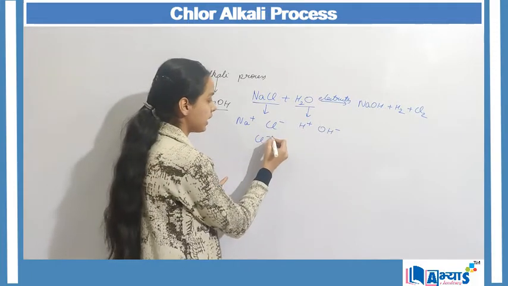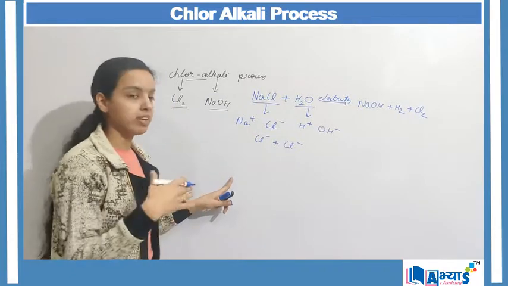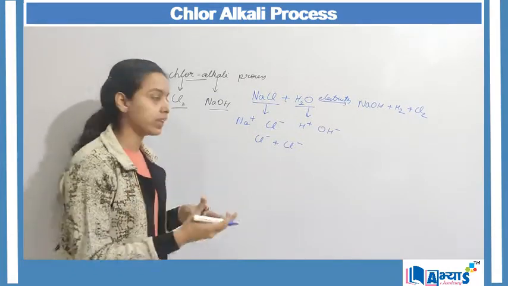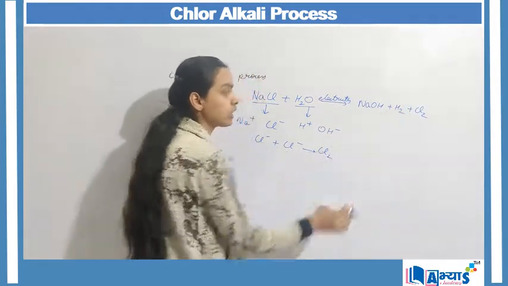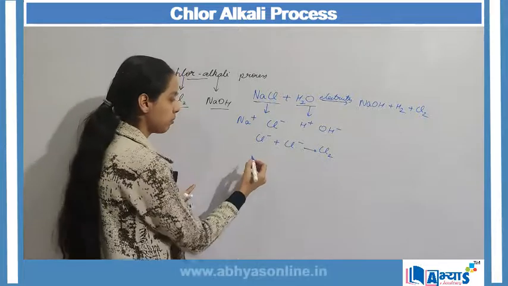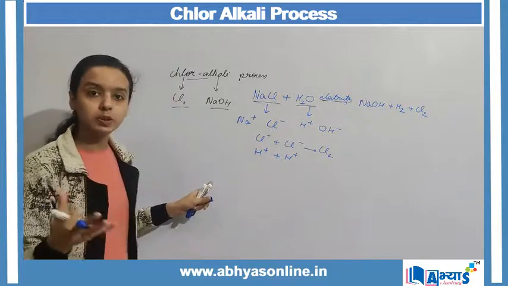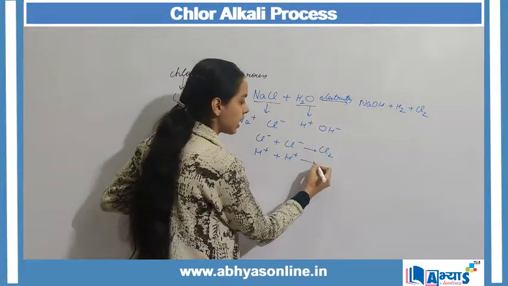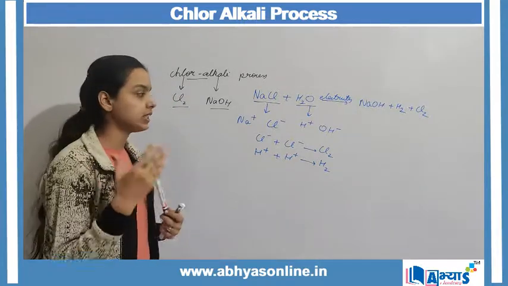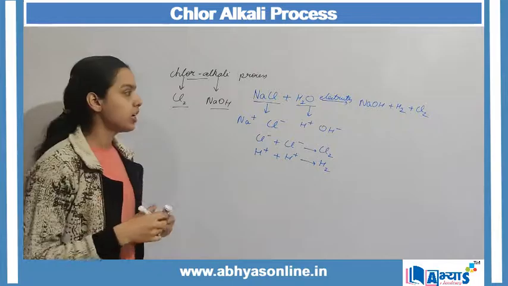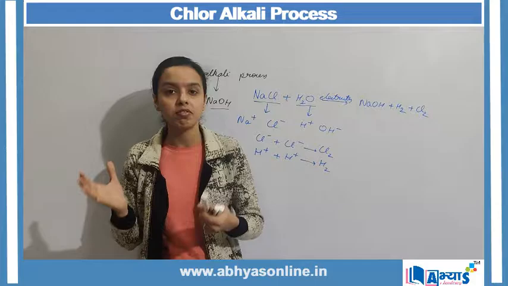Similarly, when two atoms of chlorine, Cl negative, combine together, we will get a chlorine molecule, which is chlorine gas. Similar is the setup for the generation of hydrogen gas, that is when two atoms of H positive combine together, they will result in the formation of hydrogen gas, and all the gases are diatomic, hence it is Cl2 and H2.